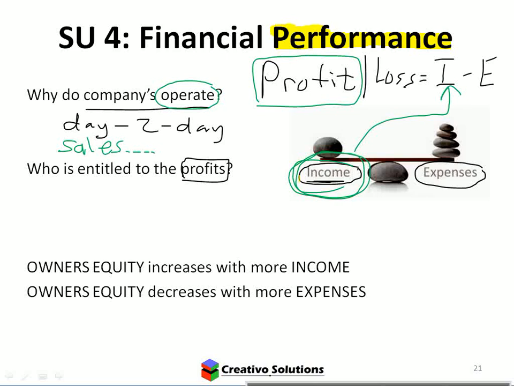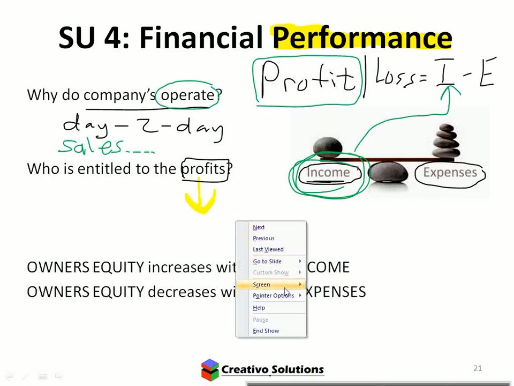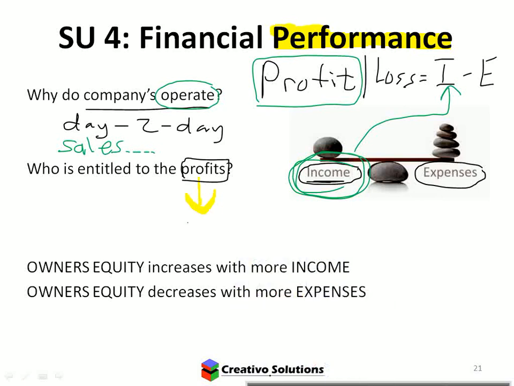If I'm focusing on performance, time is very important. You determine the winner of that match in the 90 minutes. If someone scores a goal in the first 10 minutes, that's good, but they can still lose the match. So performance is looking at the entire year. When focusing on performance or profit, we're looking at the entire year. And how long is the financial year? 12 months. That's the financial year.